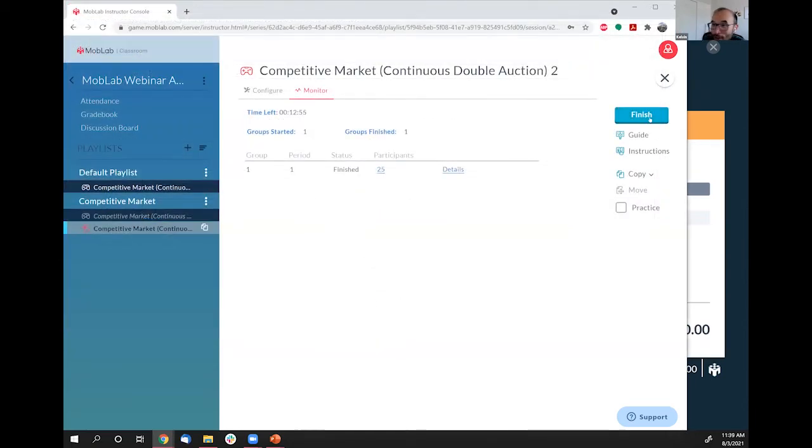So let me finish here. Now, you might have noticed during the game, I said I changed something and I wasn't going to tell you what it was. But of course, I changed the demand, right? So the demand, I shifted it to the right. So you know, things will look a little bit different with higher prices and stuff like that.